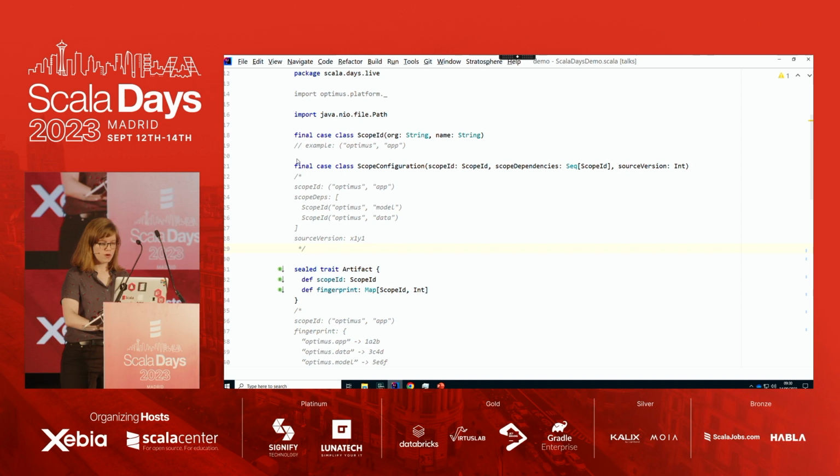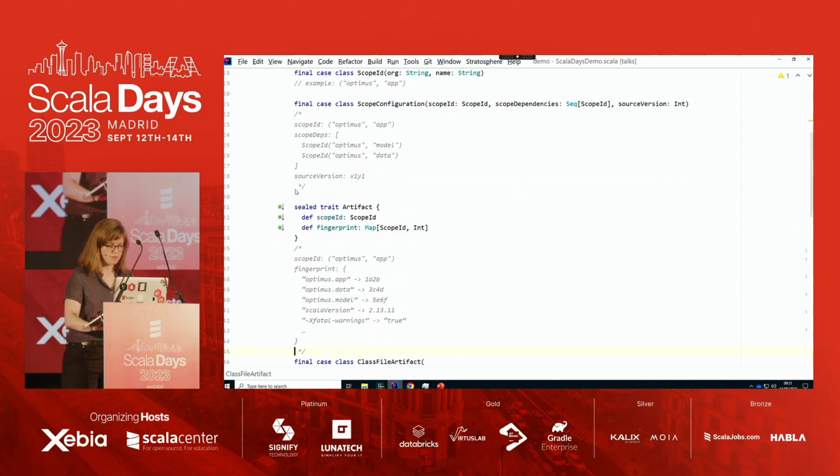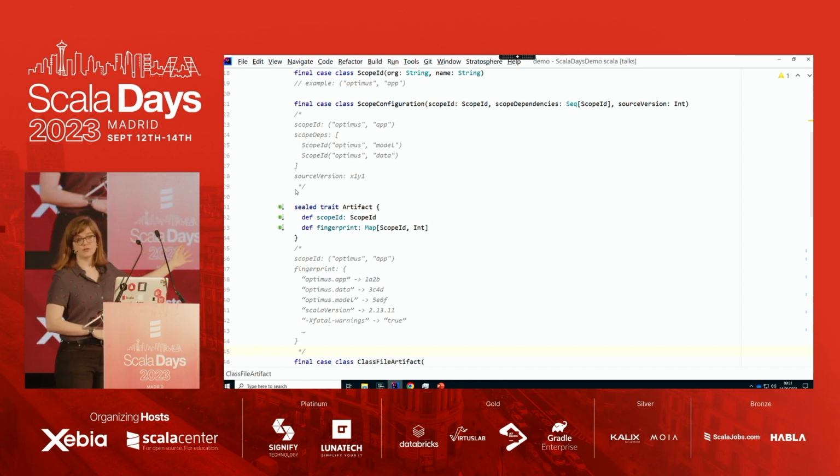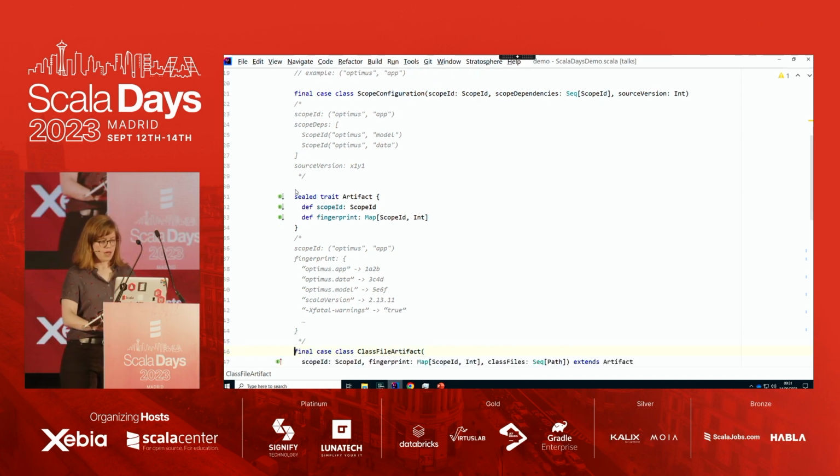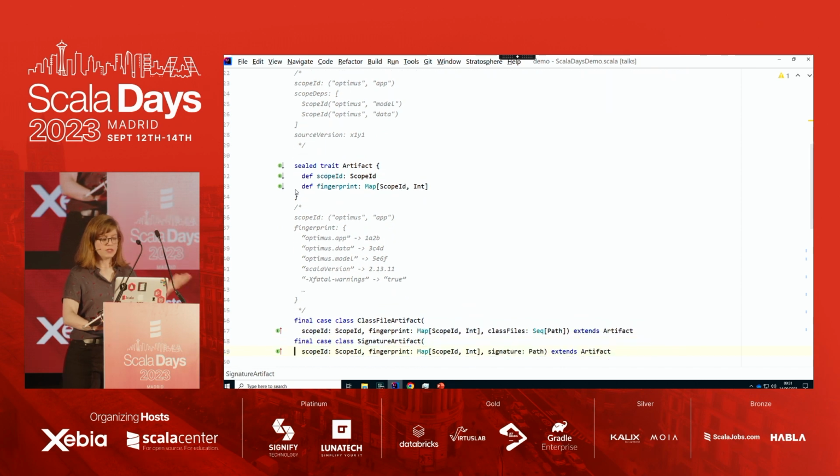Next thing that we want is the artifact. So this is a trait. It's just going to have the exact same fingerprint that I just showed you. Sorry, I realize the example is a bit hard to see. It's the same one we looked at. But we need implementations of our artifacts.